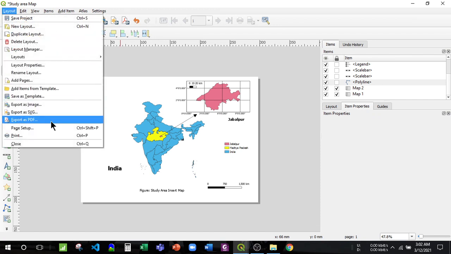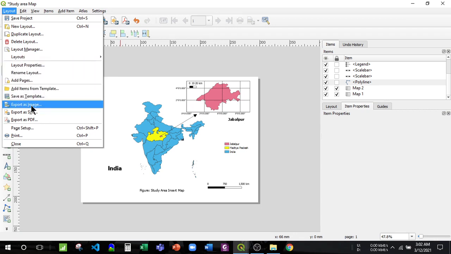We can export it as an image, and we can save this as a template, or export this as a PDF, and we can save the project, and we can add this as the image.